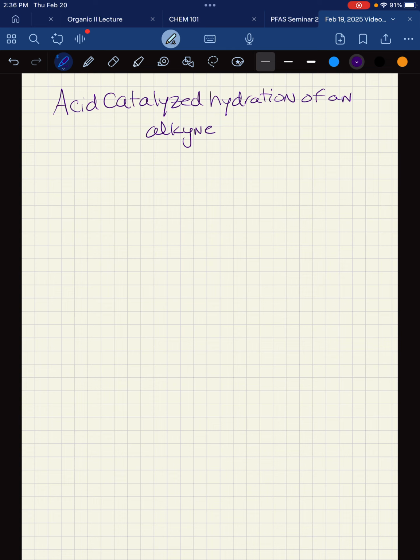And this is going to be similar to our acid-catalyzed hydration of an alkene, except we're going to end up with a different outcome in terms of the reaction. So the overall reaction that we're going to have here would be something like an alkyne like this. Now, it could be any R group over here on the right,